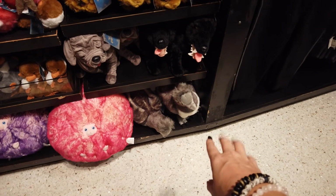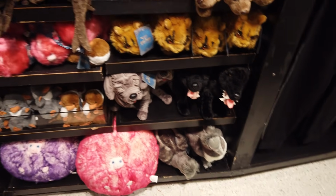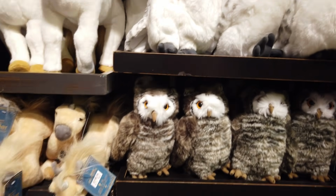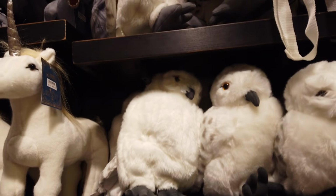There's a Buckbeak. I should get that for my mom. He's her favorite creature. I just love all the plushes of all of the creatures throughout the Wizarding World. It's like really bringing home one of your favorite mythical...